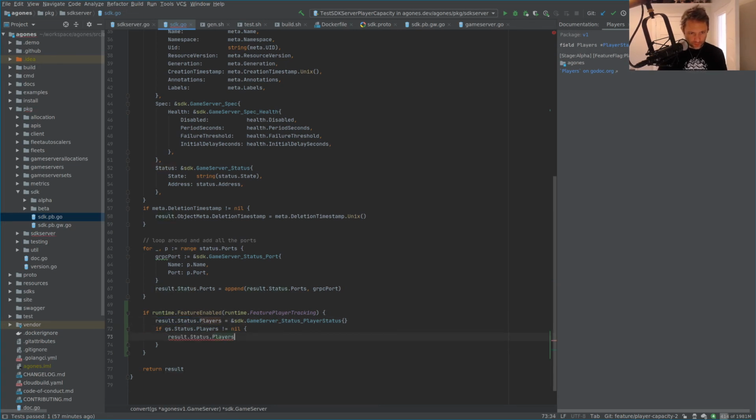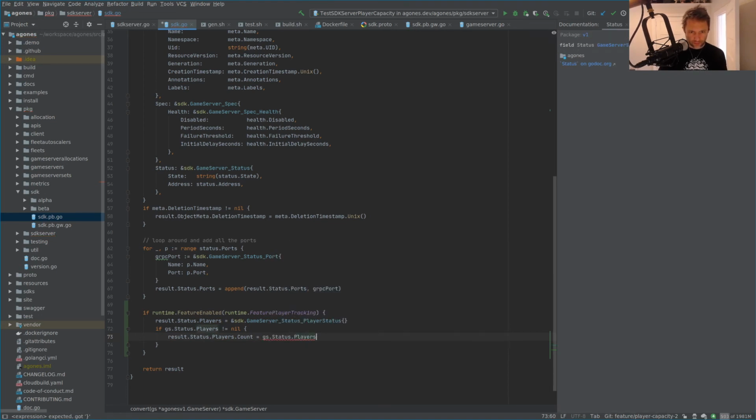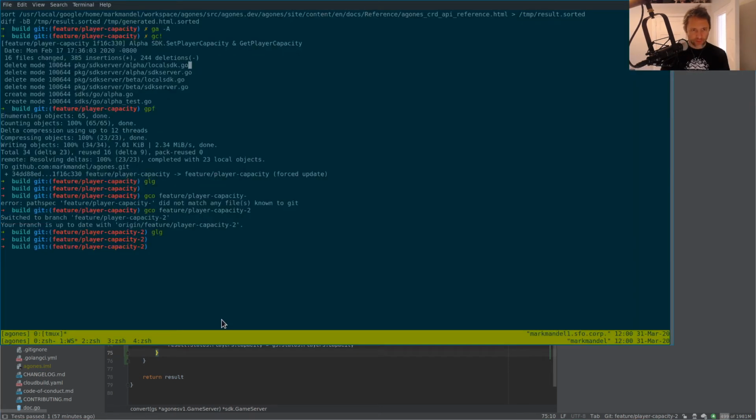Status.players.count equals gs.status.players.count, and we'll just duplicate that real quick and say capacity and capacity. Seems legit. And we can see that that's going to be